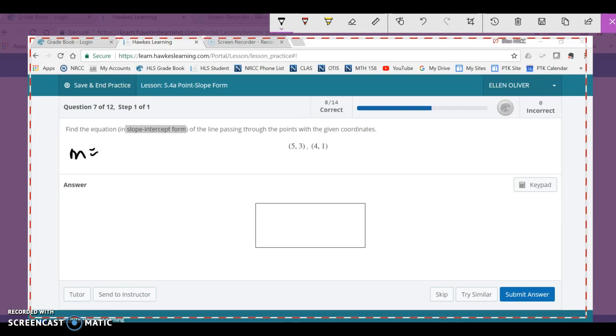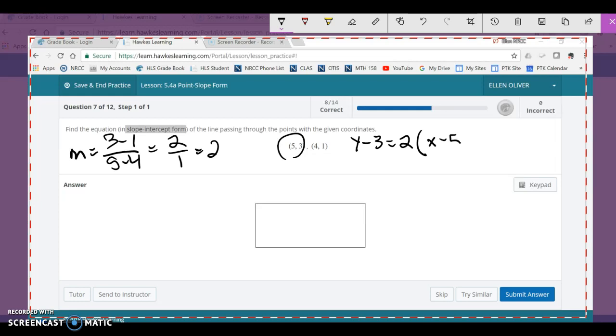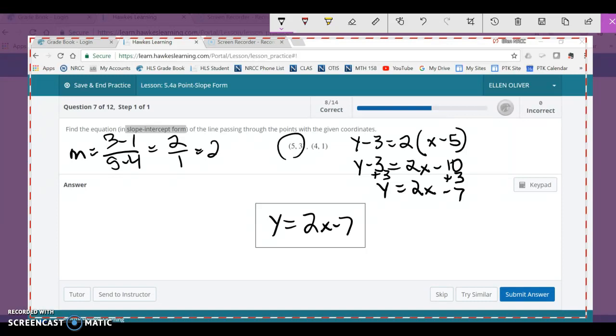Slope is going to be (3 minus 1) over (5 minus 4), so 2. And I can plug it straight into this. I can pick either point. I'll just pick that first point. So y minus 3 equals slope times (x minus 5). And now I can simplify this. This is just your basic algebra. Let's see, I'm adding 3, so that'll be a minus 7. That's probably the quickest and easiest way to do that,